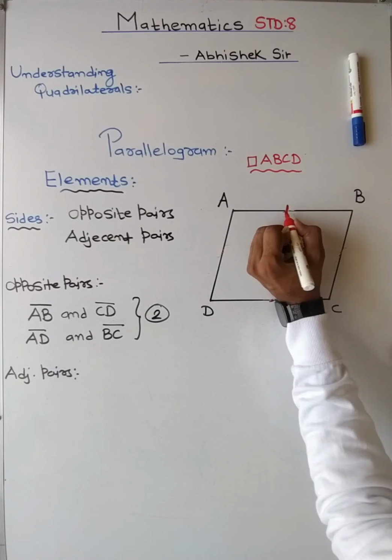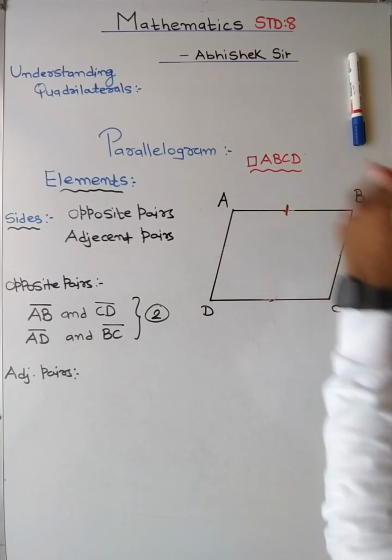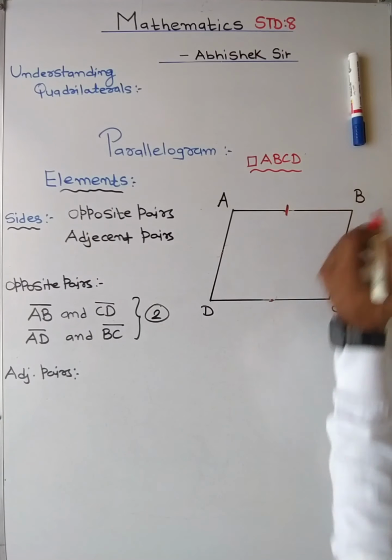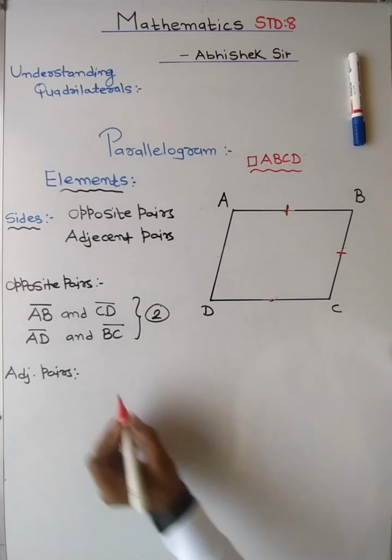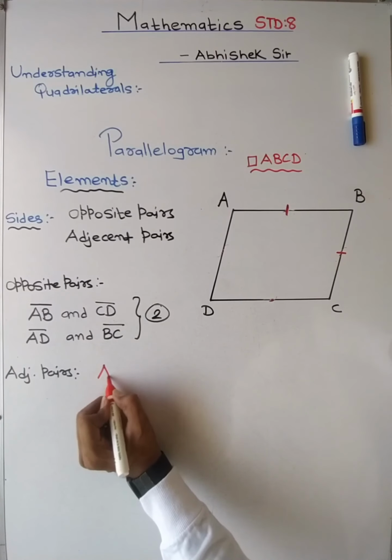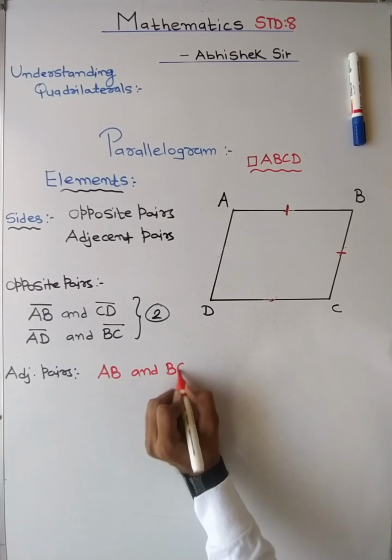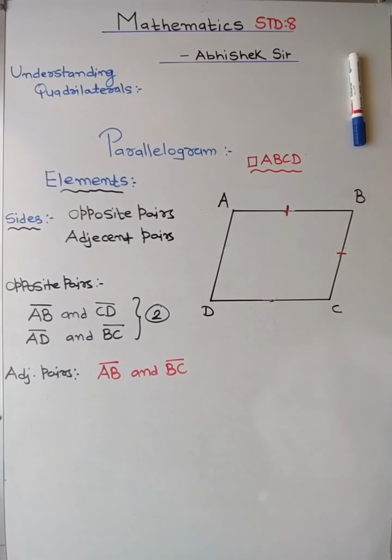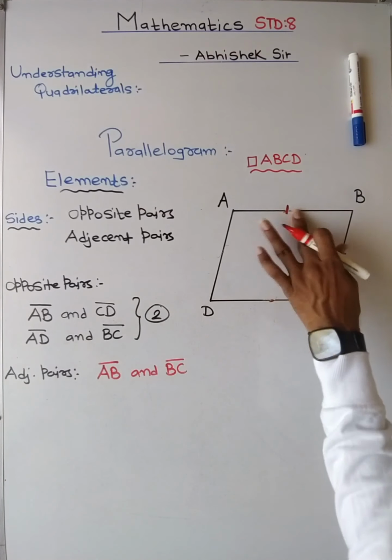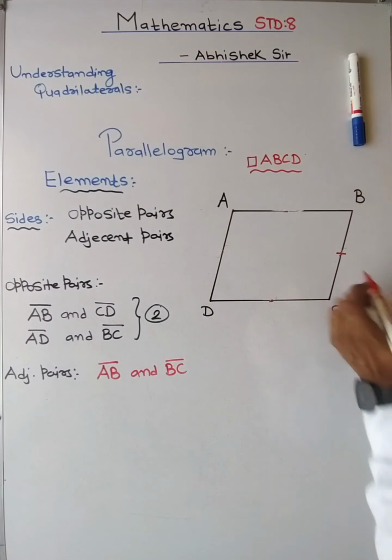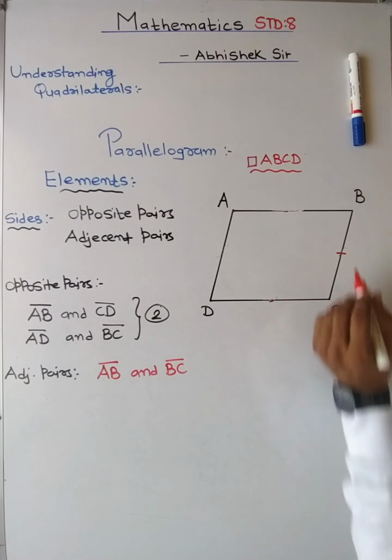AB, and then continue either clockwise or anti-clockwise. So AB and BC will be the first adjacent pair. AB and BC is the first adjacent pair. Clear? Now if you start from BC and go clockwise, it will be BC